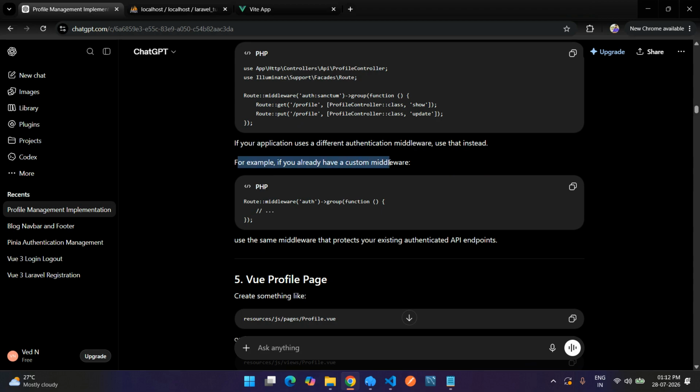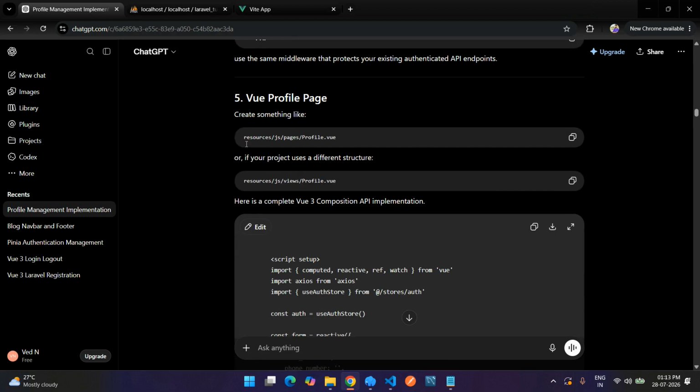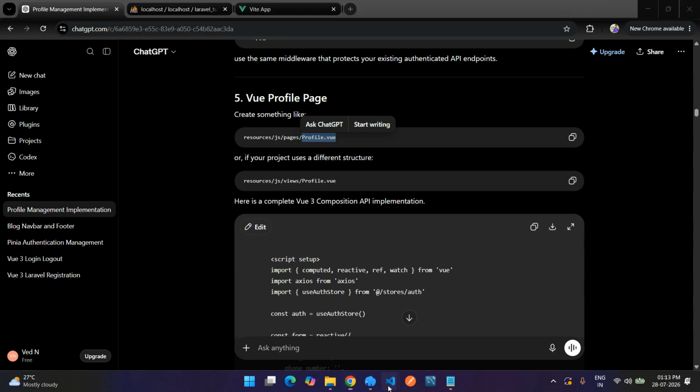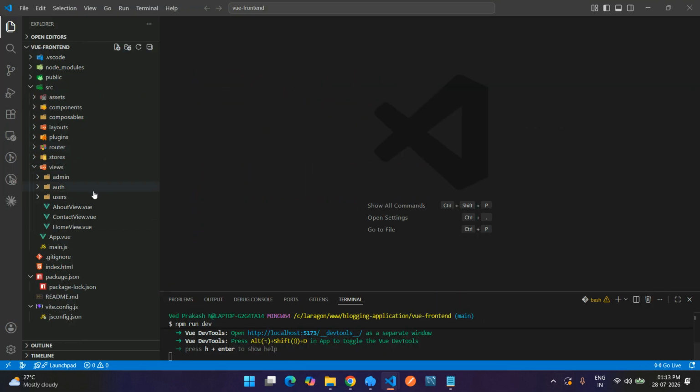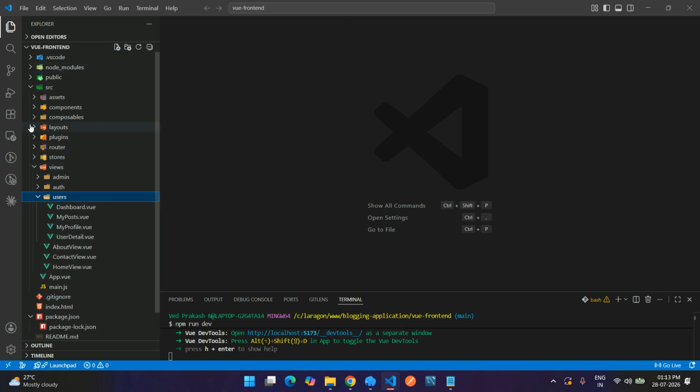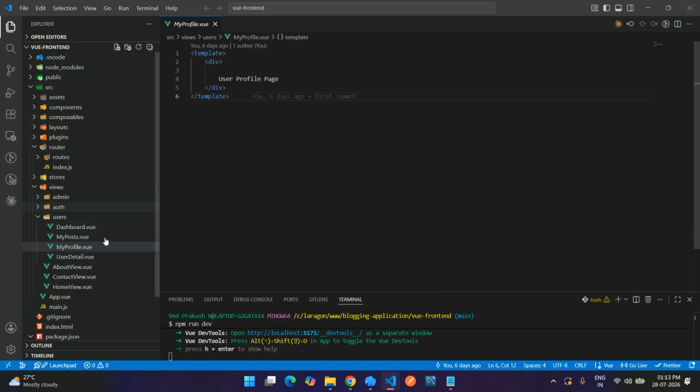Then for example, already your custom middleware, so we can skip this, it's not required. Then it comes to the view profile page. Let's create a profile.view page. So I think in the beginning of this project, we have already created the user profile page. So if you have not created, you can just set up your route and go to the my profile page. Go to your